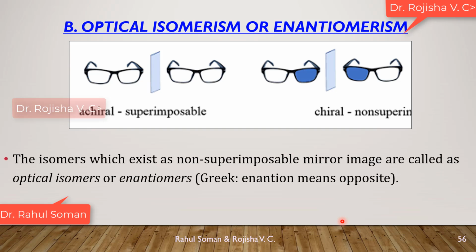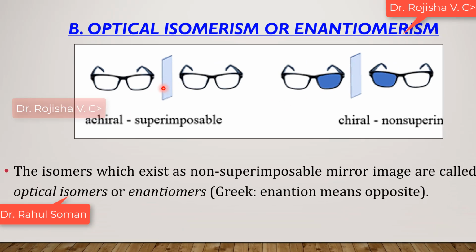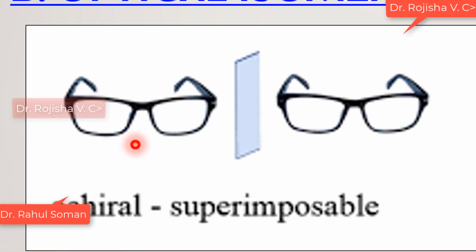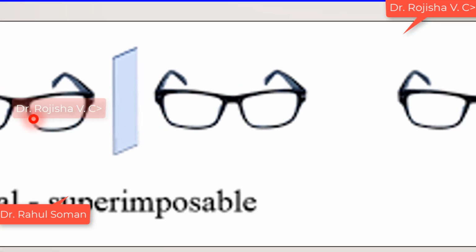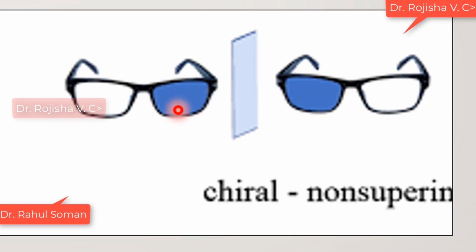We can see the chair you are sitting on. That will be a chiral object. We can keep a mirror and the mirror image of that chair. We can go with the specs example itself, madam. If you take a mirror image of one pair of specs, it is exactly superimposable. But when one side is colored and the other side is transparent, and we take the mirror image, it will not be able to superimpose, even after rotating left and right or by 180 degrees. It will never become superimposable.